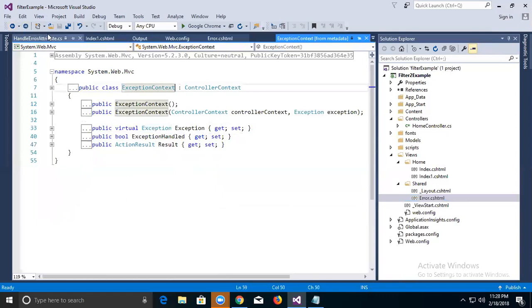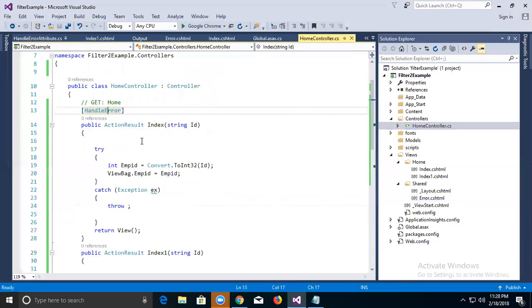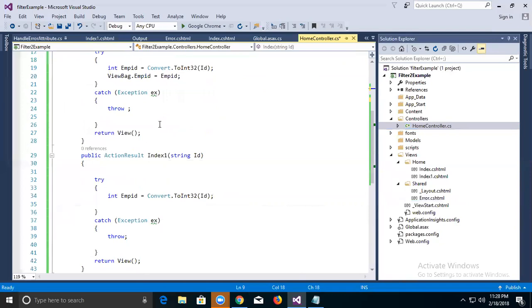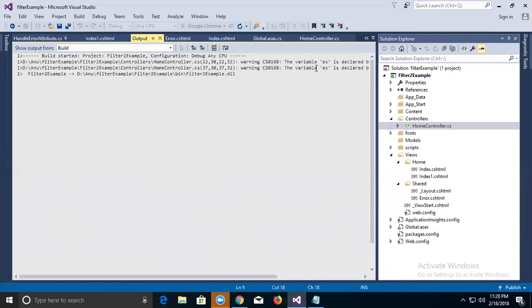But now, just to make sure you are not bored in this particular session, one thing I will do: I got an error because I didn't keep my handle attribute here. So I will put the handle attribute here. And now you can see, for any class wherever you have the attribute, it's going to be executed. It means in this particular controller class, I kept my handle error attribute. So whenever any error occurs, that particular error is going to be handled. If any method in that class produces an error, it's going to be handled very easily for us. So let's just execute it, and until then it executes,